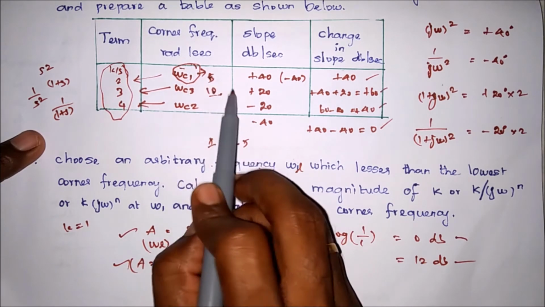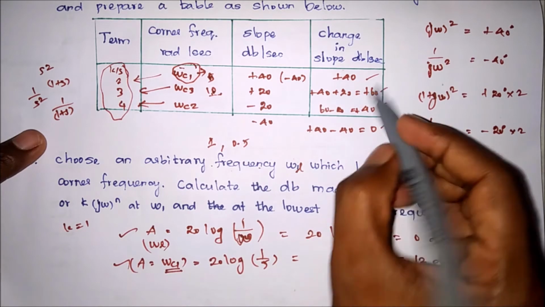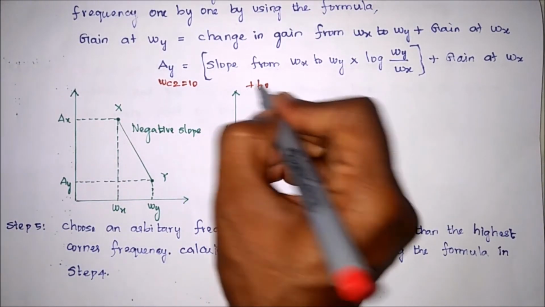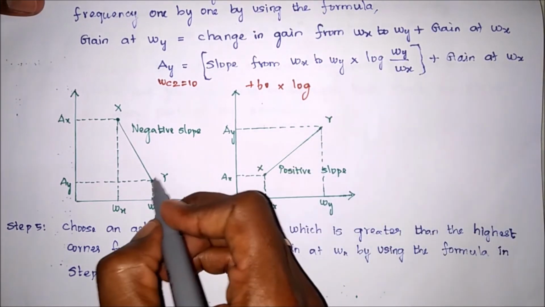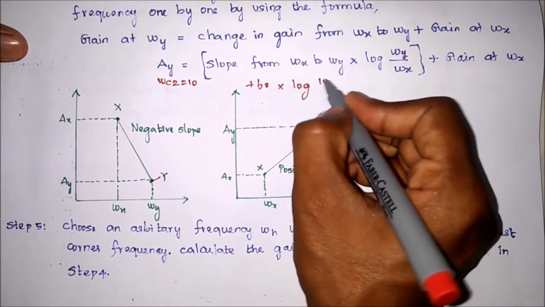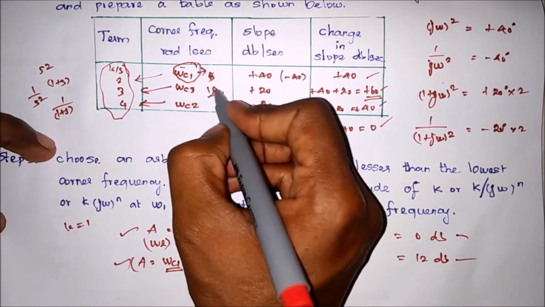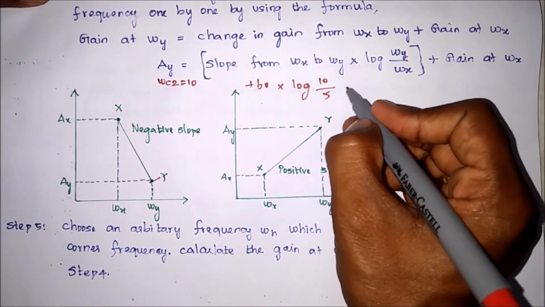Therefore the slope from 5 to 10 is plus 60. Therefore we have to use plus 60 into log omega y, which is 10, divided by the previous value, omega x, which is 5,